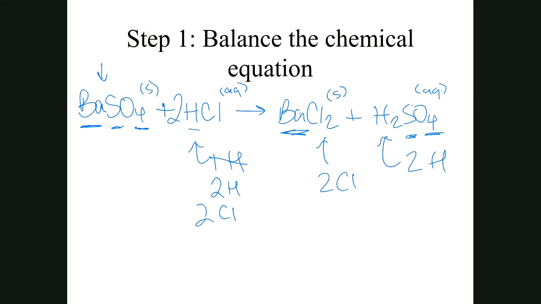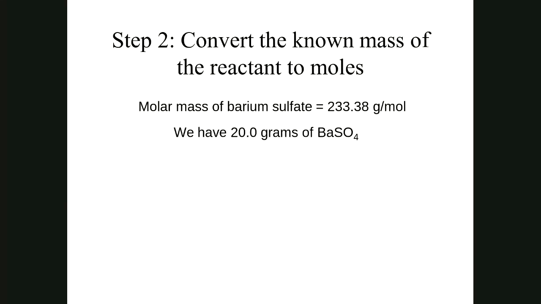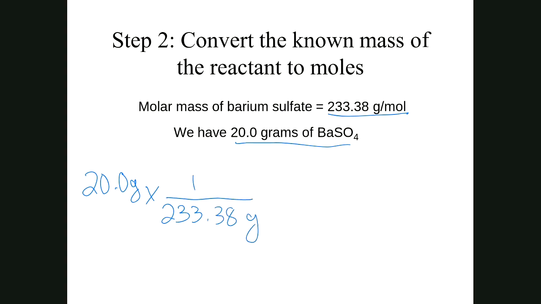All right, so now we have our balanced equation. So let's convert the known mass of our reactant to moles. So our molar mass of barium sulfate is given here, and we have 20 grams of it. So we're going to take our 20 grams of barium sulfate and find out how many moles of barium sulfate we have. So you want to divide by the molar mass. So we put molar mass on the bottom, the number of moles on the top. So we invert our molar mass. Now grams cancel out, and we end up with